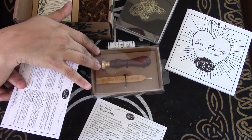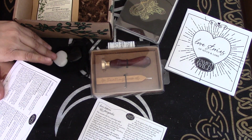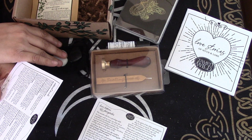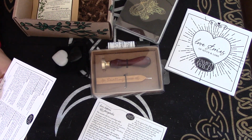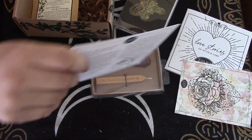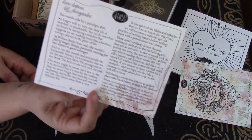The Wax Seal Stamp Kit, I'm guessing for sealing the love letters, and the agate hearts. They say make a very nice palm stone. And the cuticle oil for daily use, or save it for a special evening of self-care. All of that is good stuff that I will totally use. And then it's just their little insert